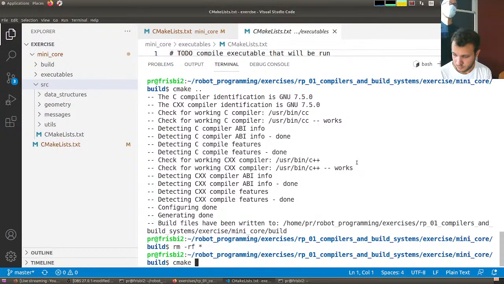Why does it look for these things? Because from the source files and their endings, it realized that this file is a C++ file. If you put in a Go file or something like that, it will realize that it has to look for a Go compiler. It configures the environment, and then at the very end it says, I produced a makefile, and build files have been written. This is the generation phase. It produced some makefiles that you don't have to do by